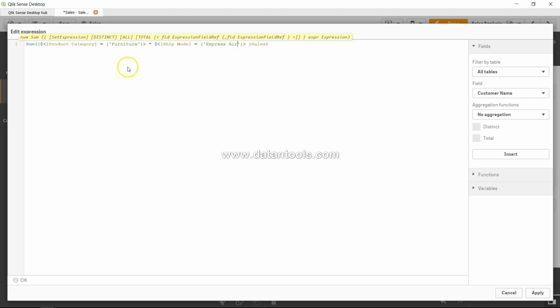A very simple condition which is specifying: give me the sales of only those values where product category is furniture and ship mode is express air. And if I click apply